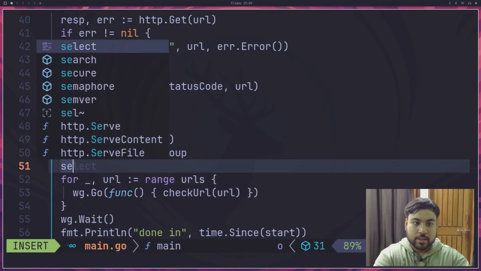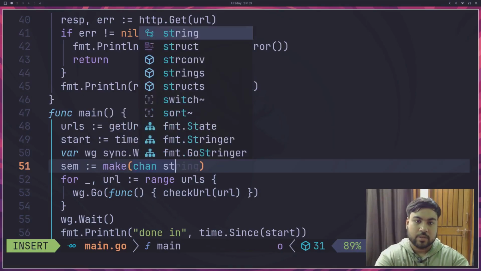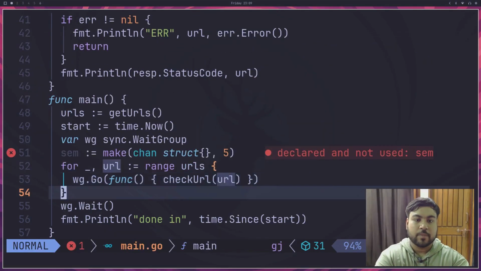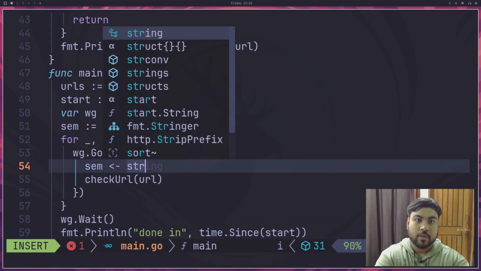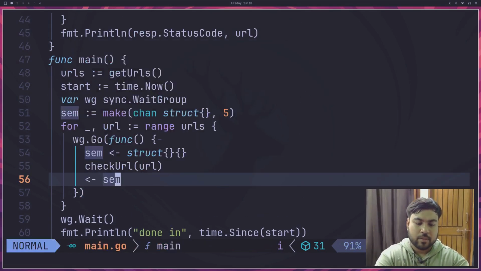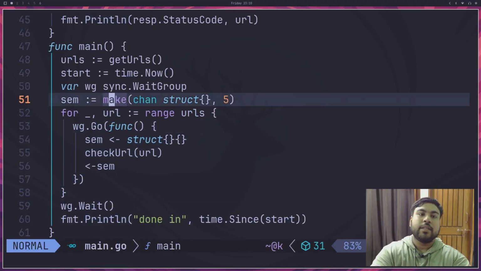I'll create a sem variable. So this is all we need to do. We created a sem